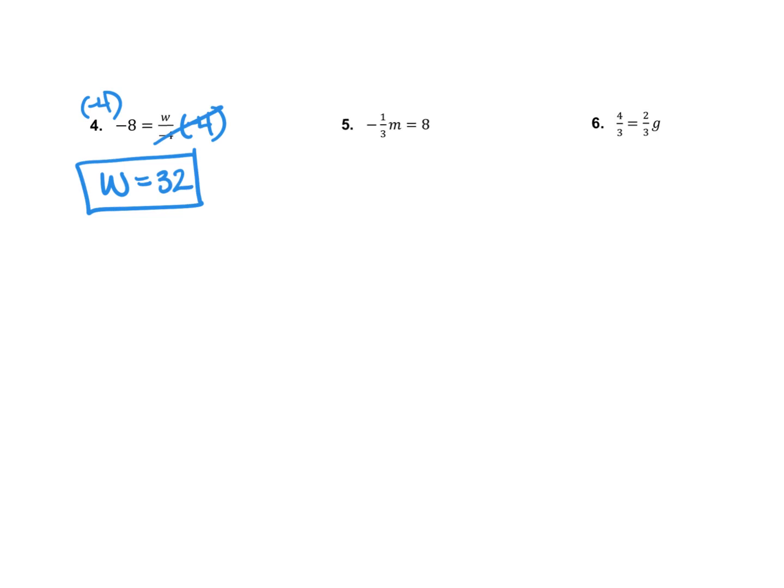All right, for number 5, we have negative 1/3 times m is equal to 8. All right, and so since the negative 1/3 is multiplying the variable, we're going to divide. And remember that dividing a fraction is the same thing as multiplying by its reciprocal. So right here, I think the better way to do this then would be to multiply